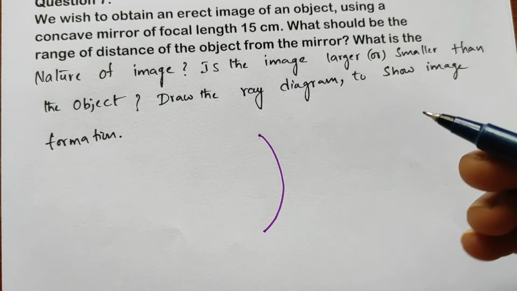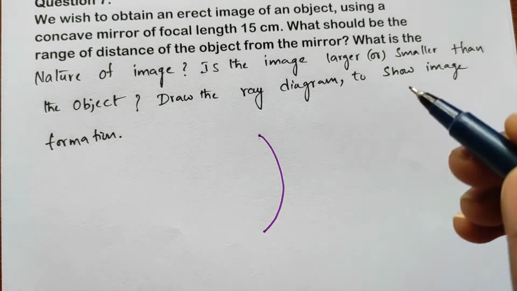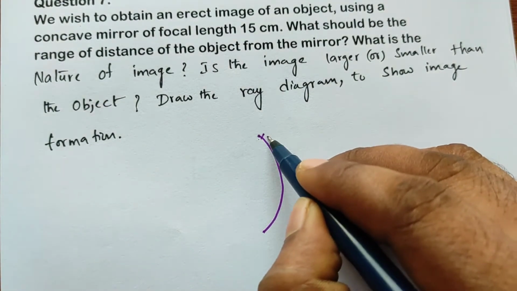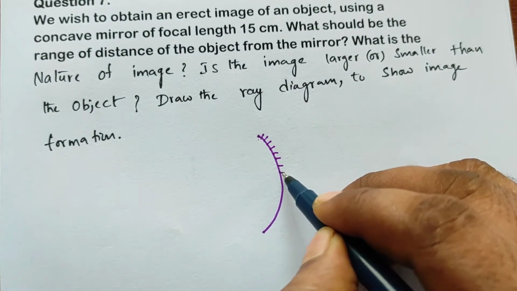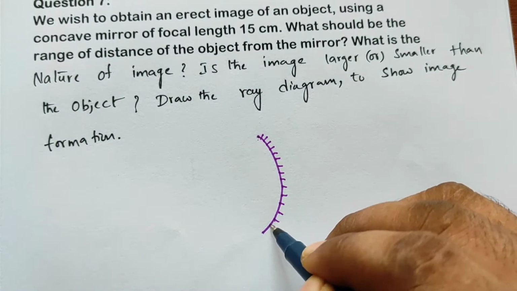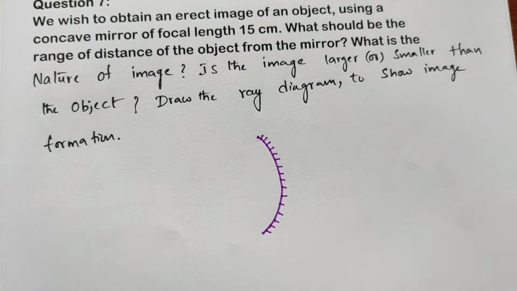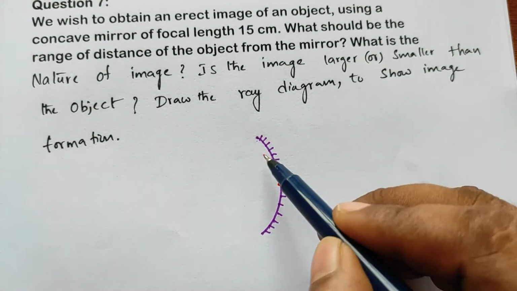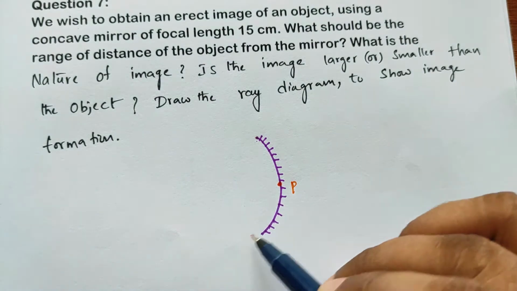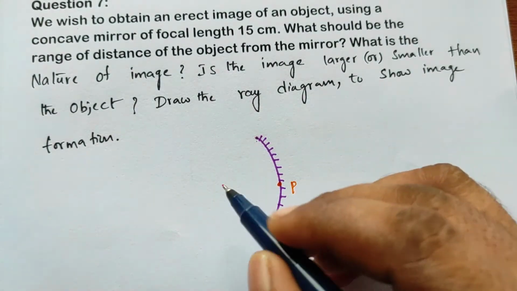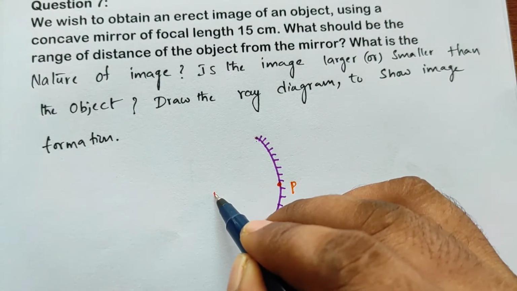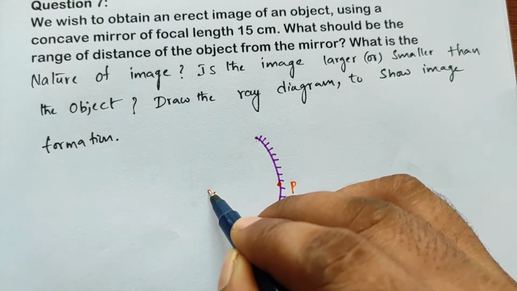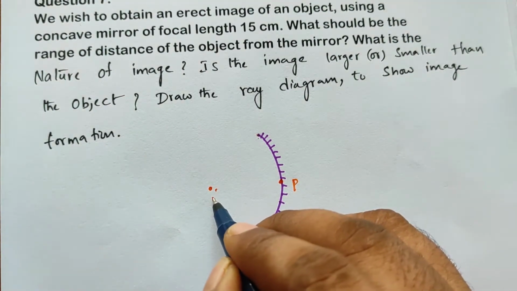So I am going to draw the concave mirror here. The concave mirror means inside will be the reflecting surface and outside we have a silver coating like this. The center of the mirror is the pole, and I am going to place the pole here. Since this is a spherical mirror, if you extend these two edges, we can get one sphere. That sphere should have a center, so this is the center of curvature C here.